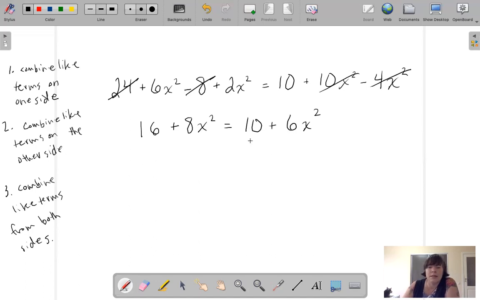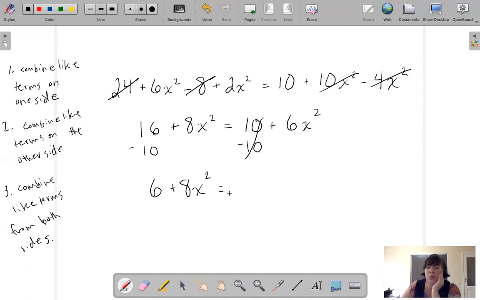So if I've got 10, how can I have 0? Take away 10. But if I do it to this side, I have to do it to this side. So take away 10. Now I've got 6 plus 8x